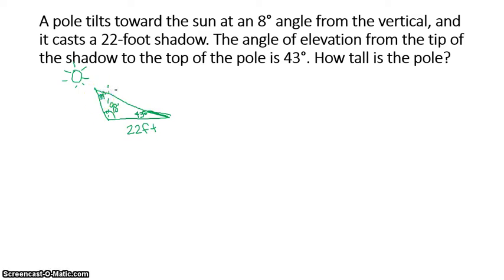To make it a little bit easier when we're talking about this, I'm going to label my triangle as ABC. I want to find out how tall the pole is, so that would be side A. So I know I'm going to use sine of 43 degrees over A. And I could set up my whole proportion. I mostly want to make sure that I include the angle and side pair that I actually know. So that would be with C. So sine of 39